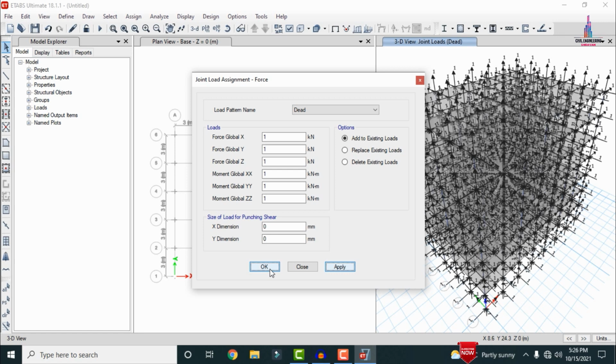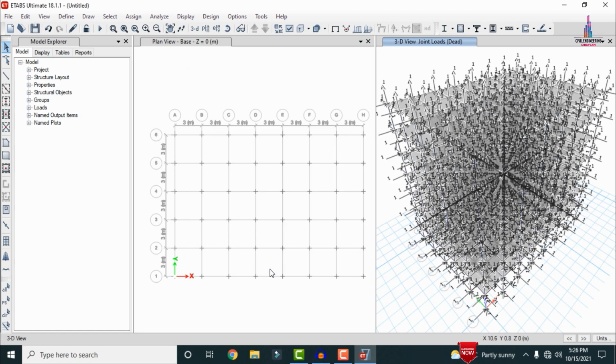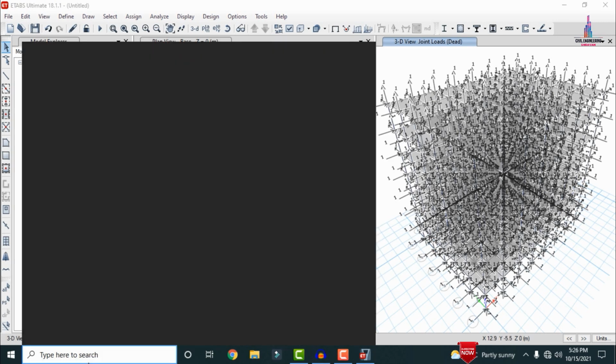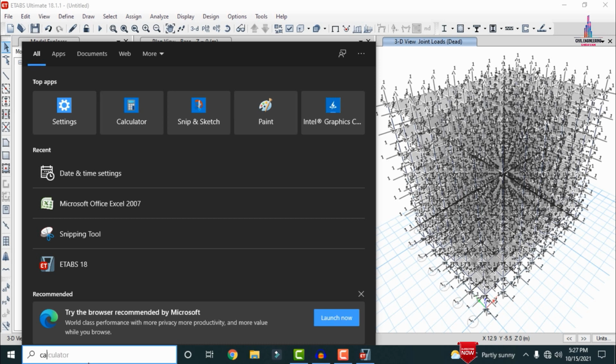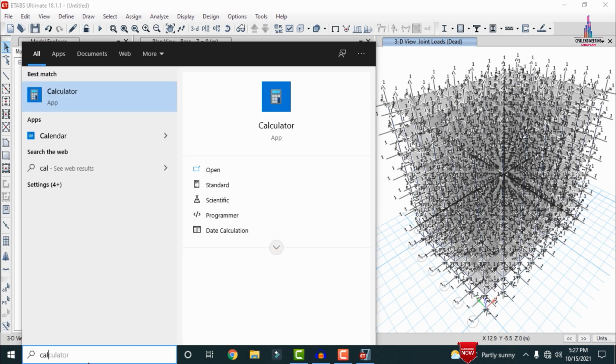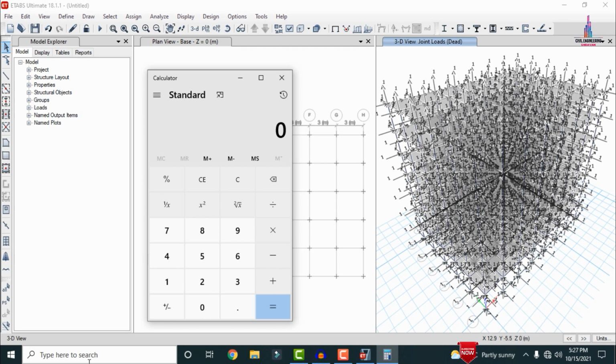Okay. So after that we have to apply the external wall load, internal wall load and parapet wall load. Basically, the external wall load comes under the thickness of the external wall, which is 0.23. So here I am taking 0.23 as the thickness of the external wall, multiplied by the respective 20 unit weight of the brickwork, multiplied by the 3 meter height, so that we get the value of 13.8 for the external wall load.